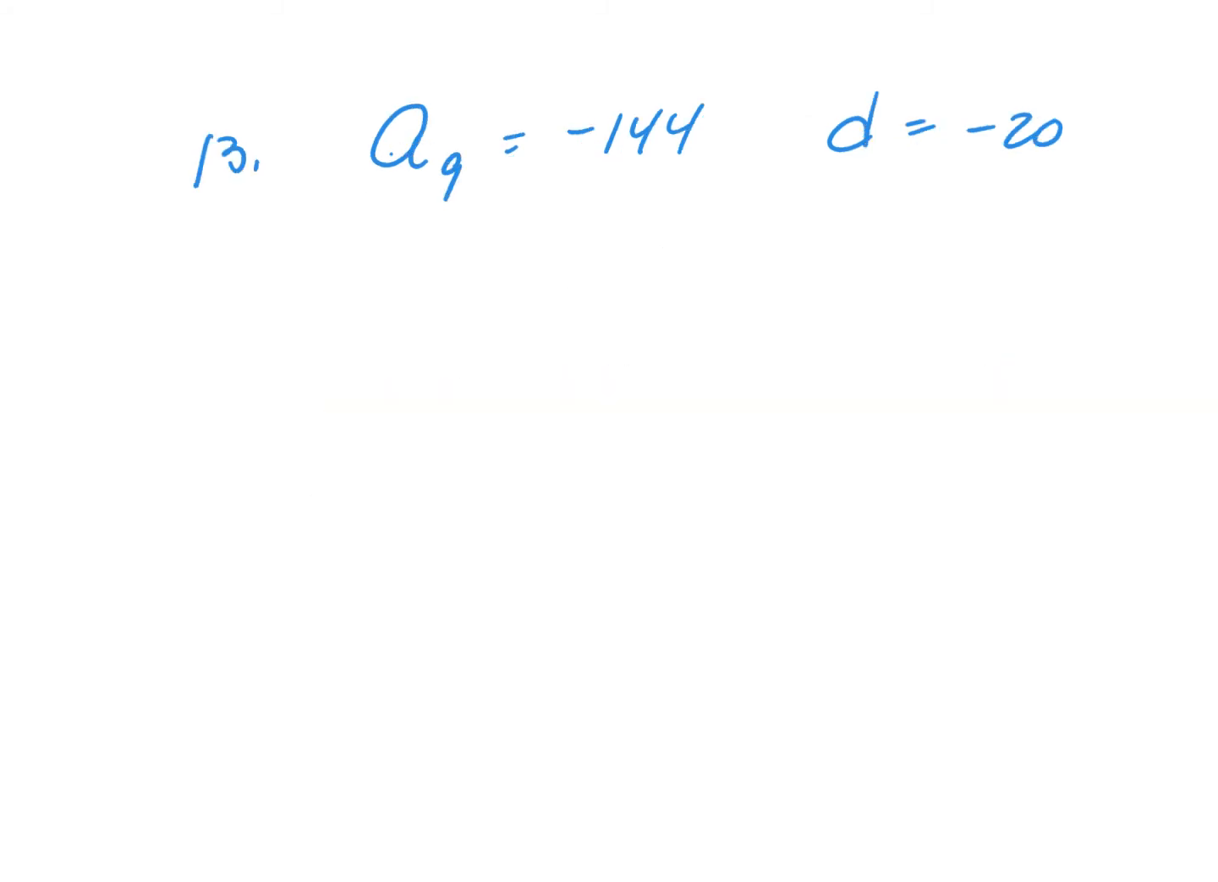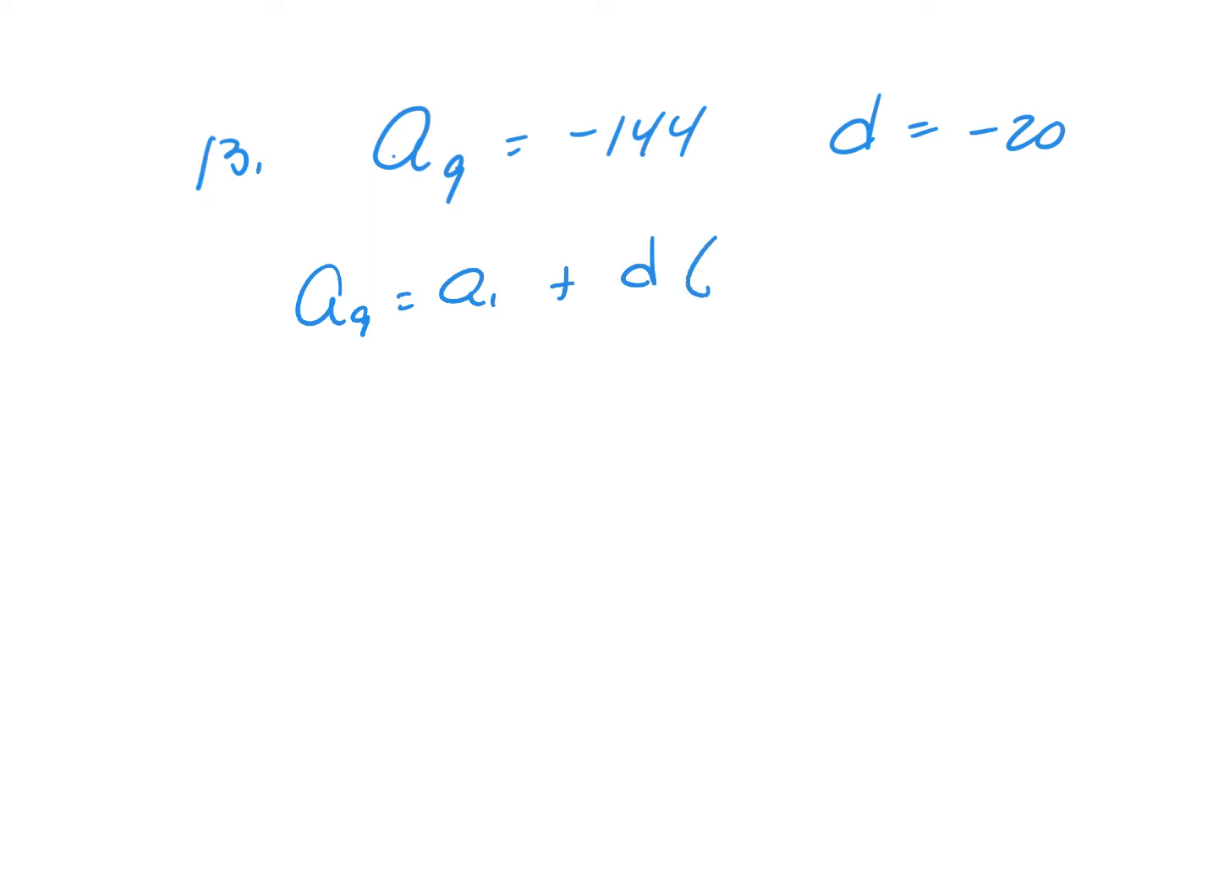Or you could use the formula. So if we had A9 equals A1 plus D times 9 minus 1. So A9 is negative 144